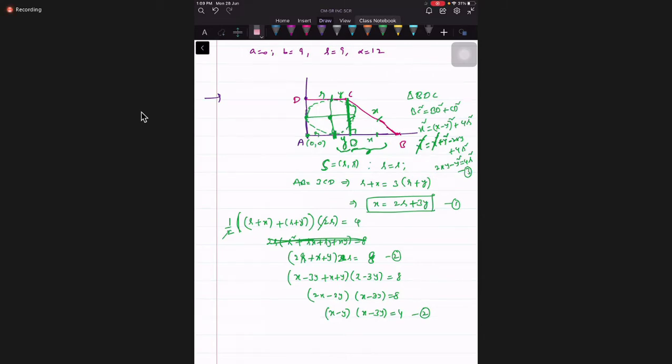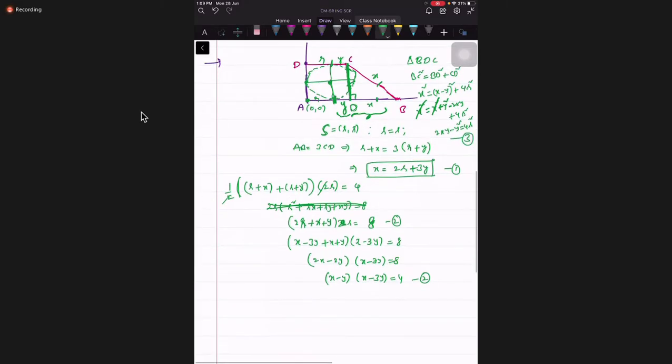So we need to get R. Our idea is to convert X in terms of Y and R, and Y also in terms of R, then we can get the answer. Okay, this is equation solving only, students, I'll get back to you. I don't use any new idea. These equations I'll use and solve it.